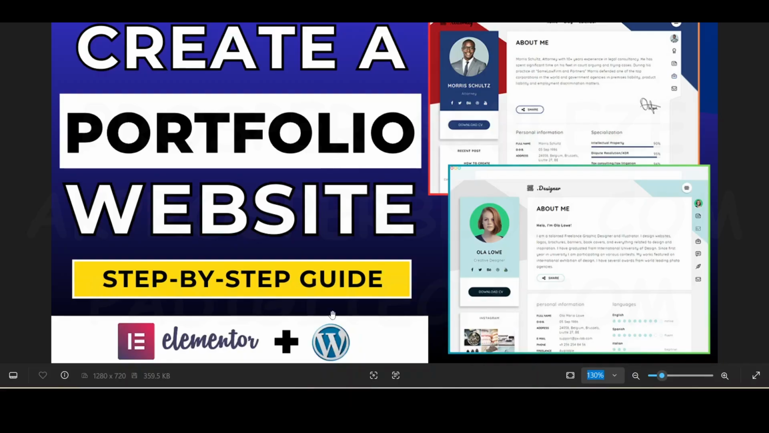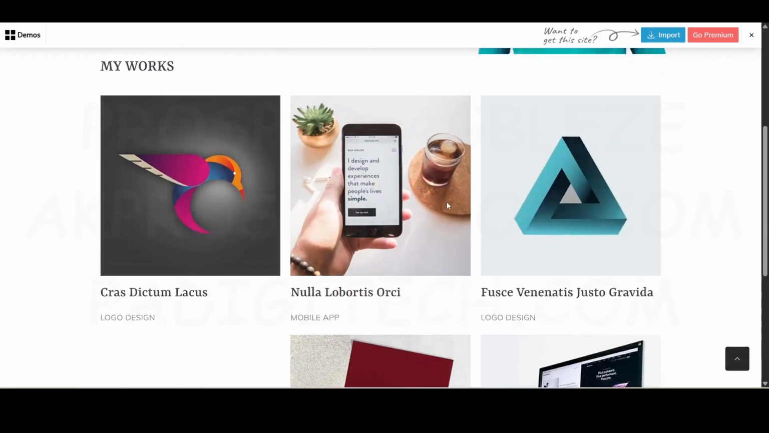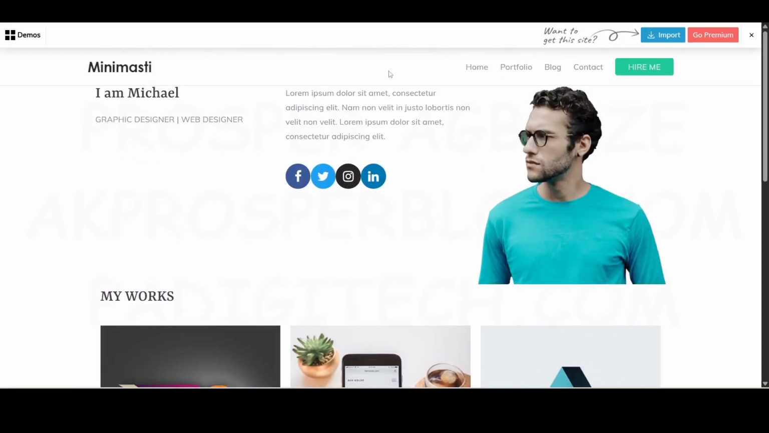Alright, so let me give you a highlight of the website you're going to be creating, the portfolio website. All right, so you can see it right here. This is a sample of what we are going to be creating. You can see I'm Michael, graphic designer, web developer. So right here, you can put a short about us text. Here you can have your social media link. Over here, you can put in your picture so that they can see you. That helps in creating some level of credibility and trust when they can see the face of the person